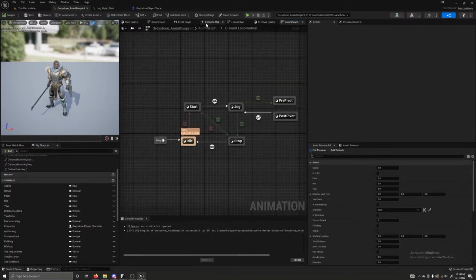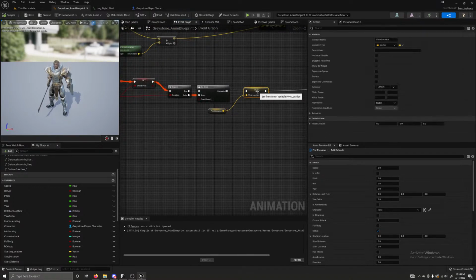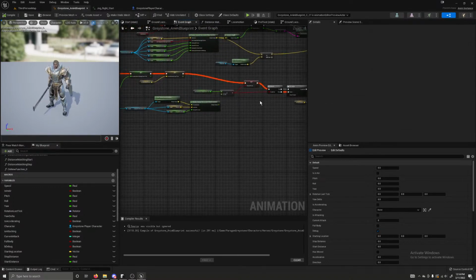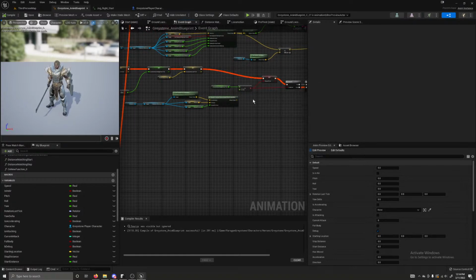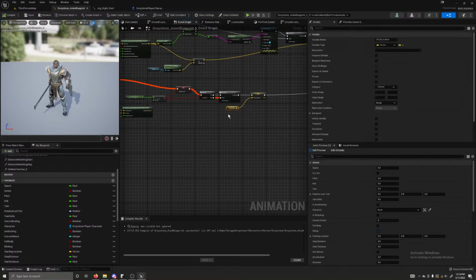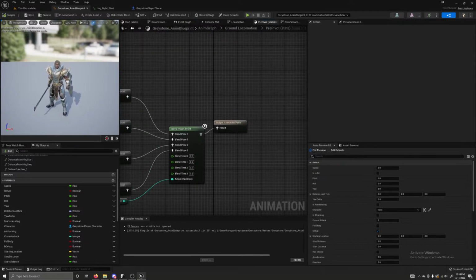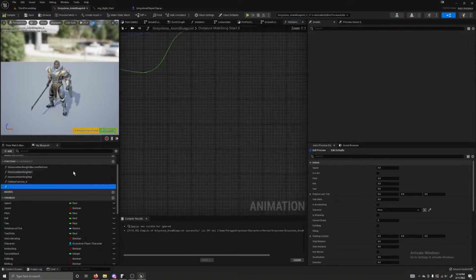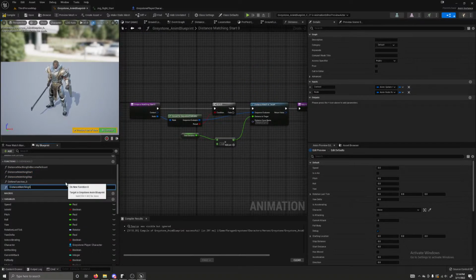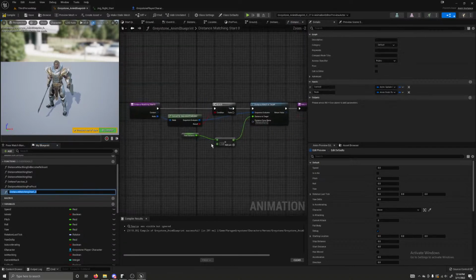And what we need to do is go into our event graph. Okay, what we're going to do is get this pivot location. We're not going to do this in our event graph. We're going to create a new distance matching function, and duplicate distance matching start. I'm going to name it distance matching pre-pivot. And instead of using start distance, I am going to